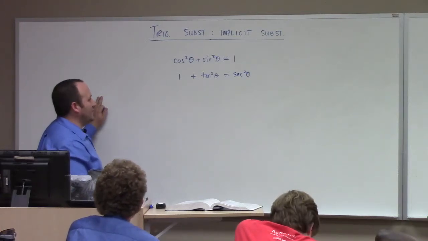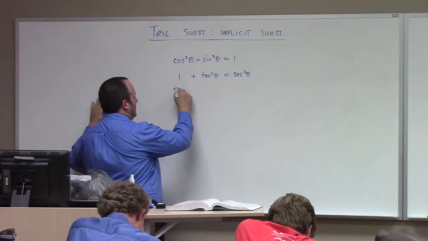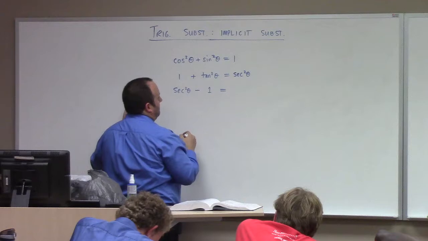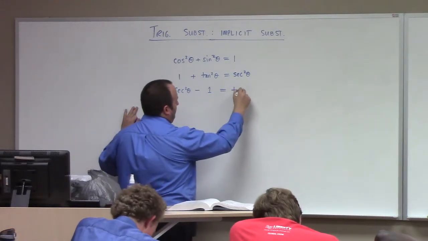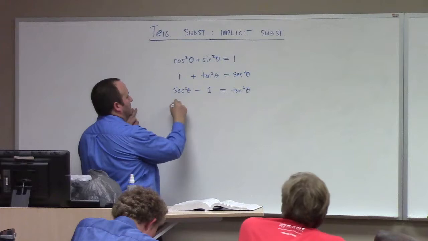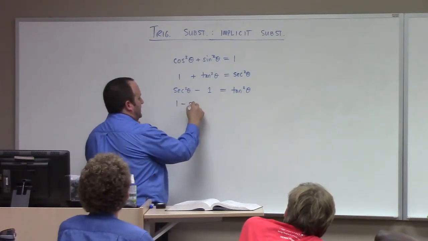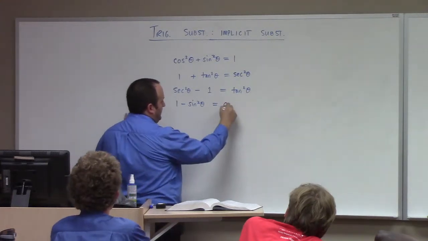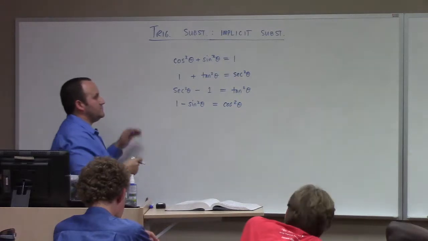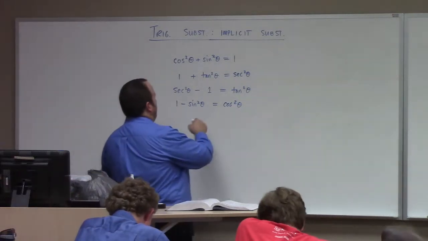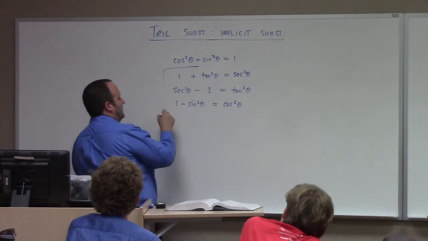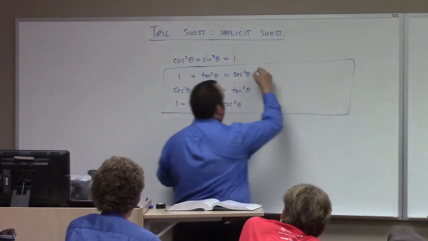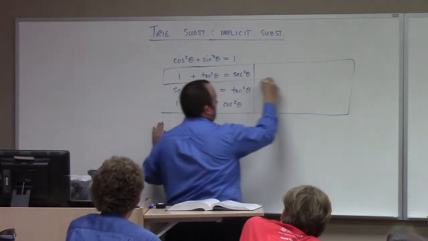Now, we can also say secant squared theta minus 1 equals what? Tangent squared theta, yeah. What else do we know? How about 1 minus sine squared theta equals? Cosine squared theta? All right, great. Let's see here. So I think actually in practice, these are really the things I use algebraically. And paired with these are some